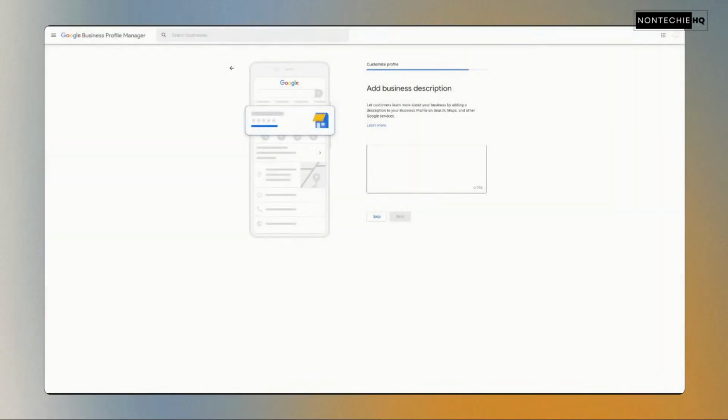So now we have our business description. This will be in the profile. So this will be shown to customers. We want to make sure that this accurately describes our business. So I'm going to copy and paste that in here, and I'm going to make sure that it is formatted correctly. And this is another aspect that you can update later, but you want to put something in.